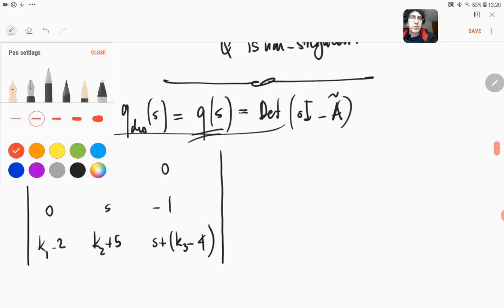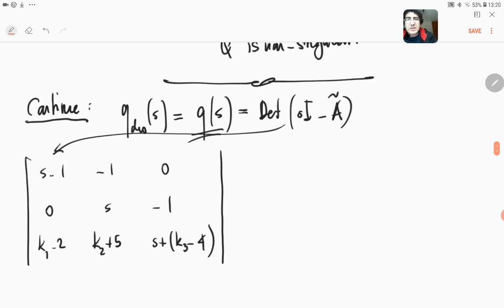Let me show you how that works. Okay, so you see there is a plus here, there is a minus, plus, minus. Let's pick this row to calculate the determinant on, because it already has a 0 entry here. So this 0 entry will not do anything, but we will have plus s times the determinant of